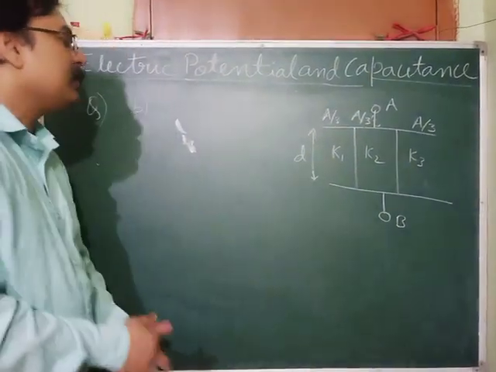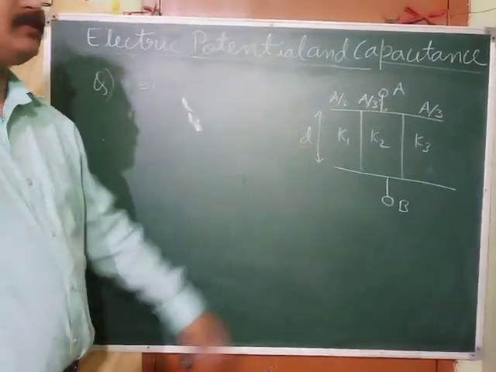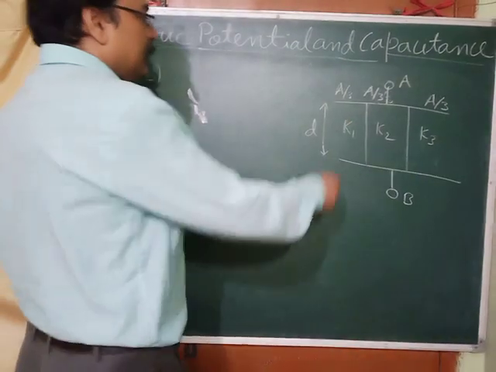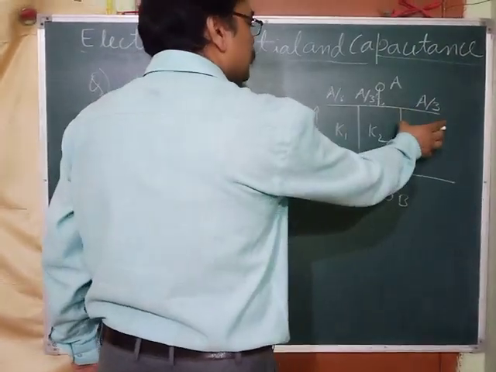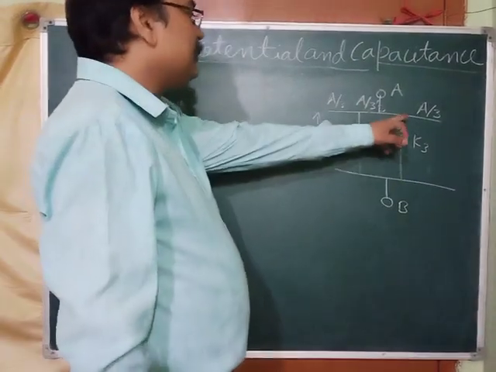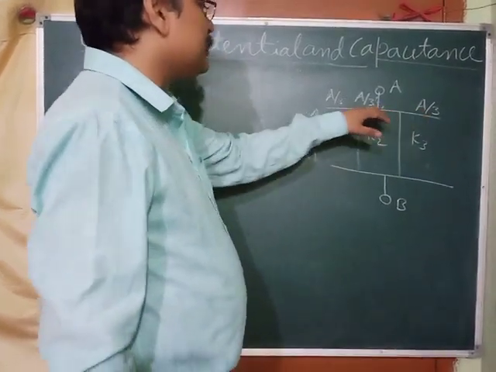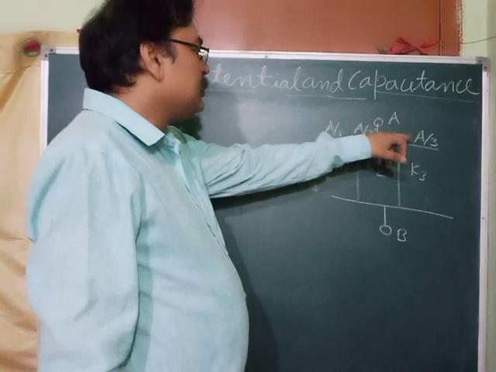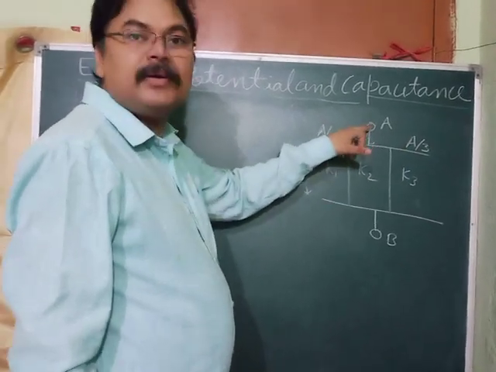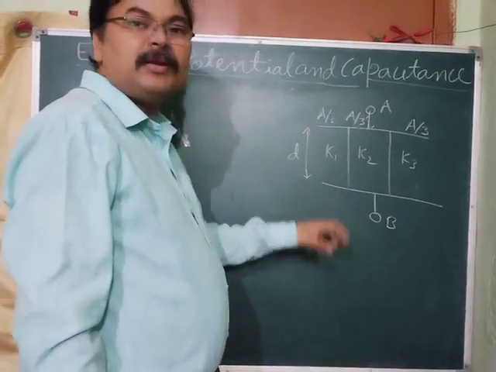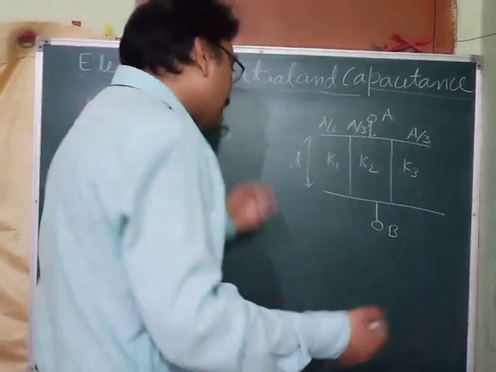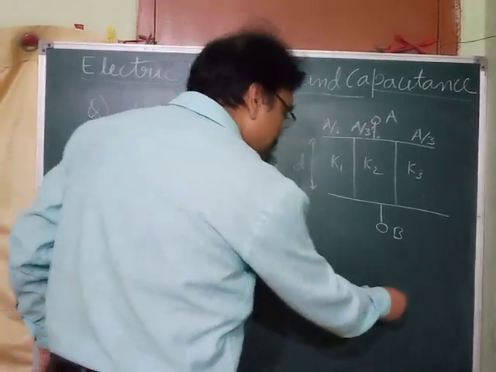Now when you get a situation like this, suppose this is a capacitor, this is another capacitor, this is another capacitor. Suppose these are the positive charge plates of all 3 capacitors. They are all connected together, and suppose these are the negative charge plates. They are all connected together. When this happens, obviously it is parallel. So that means this situation is somewhat like this.